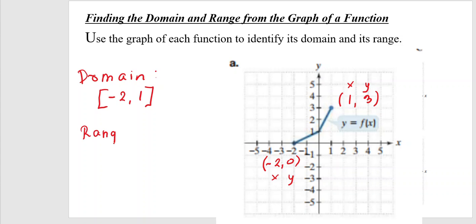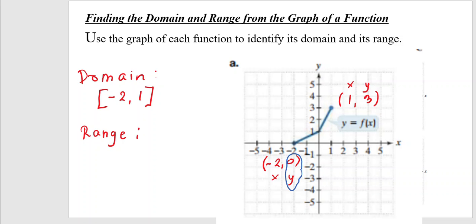Okay, now let's take a look at the range. So now for the range, we're looking at the y components. So for the domain, we're looking at the leftmost up to the rightmost part of the function. And for the range, we're going to look at the lowest point up to the highest point of the function, which is that. So the lowest point is this one, which is negative 2, 0, and that corresponds to